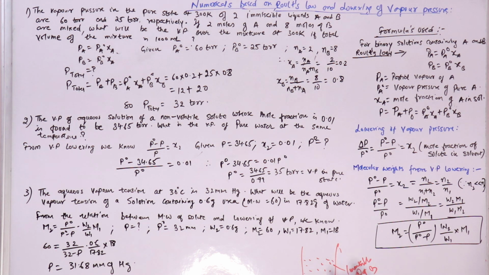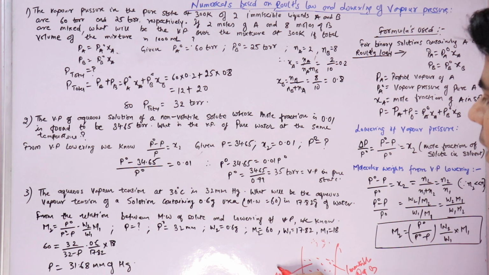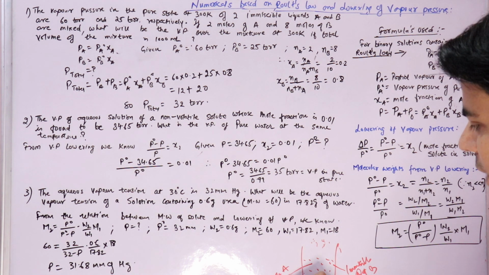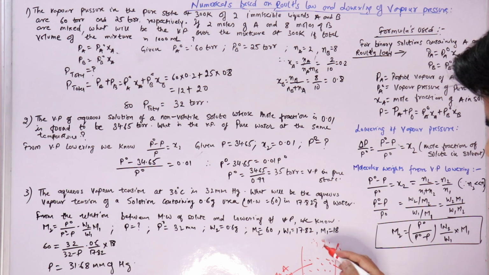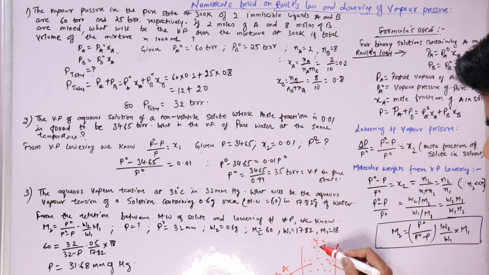right? So when we mix these two liquids, what would be the vapor pressure of the resulting solution above it, right? What would be the vapor pressure of this solution? It also gave us that the solution is made up of 2 moles of A plus 8 moles of B. If you keep this solution, it will form vapors above it. So what is the vapor pressure of the solution made of 2 moles of A and 8 moles of B,